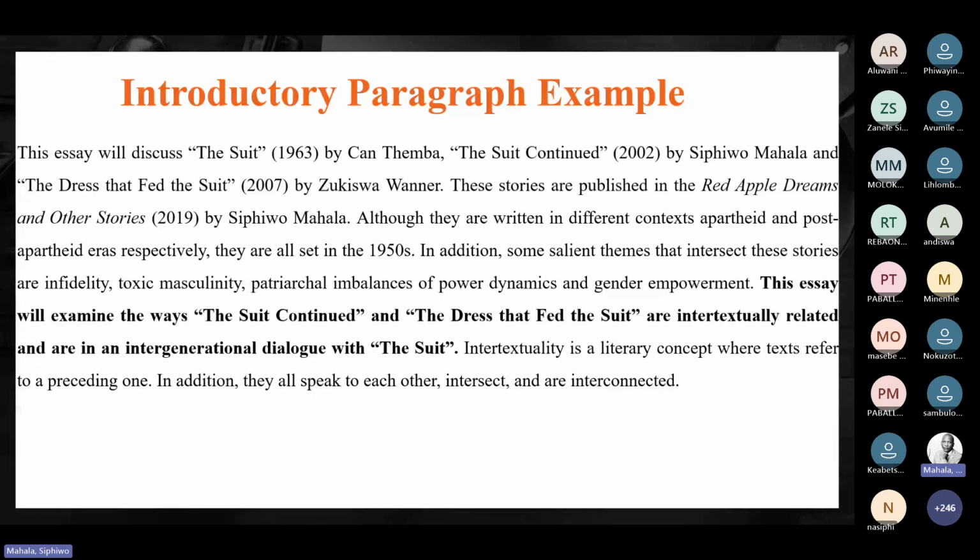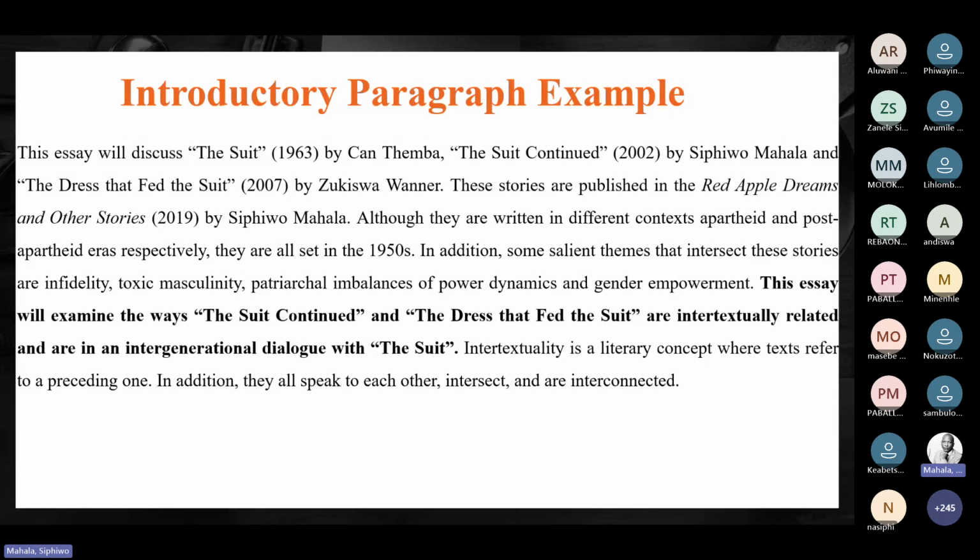But I'm sharing this opening because it might not be perfect, but it's got all the elements that are needed. And it's an essay that received a distinction, right? So whatever the topic is, you have to strive and ensure that you capture these elements that